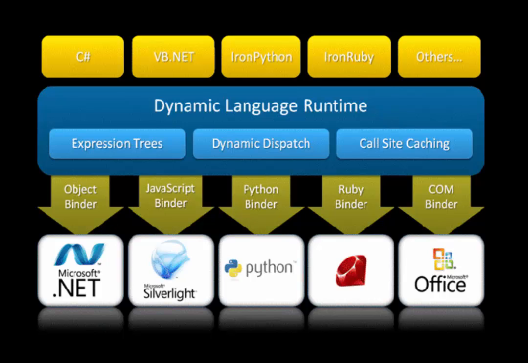At the same time, additional languages have been developed for the .NET framework as well. So C# and VB.NET are still the mainstays of the platform, but we now have additional languages such as Python and Ruby being introduced as IronPython and IronRuby, with the addition of functionality in .NET 3.5 and 4. Dynamic language support was created so that the ability to take your